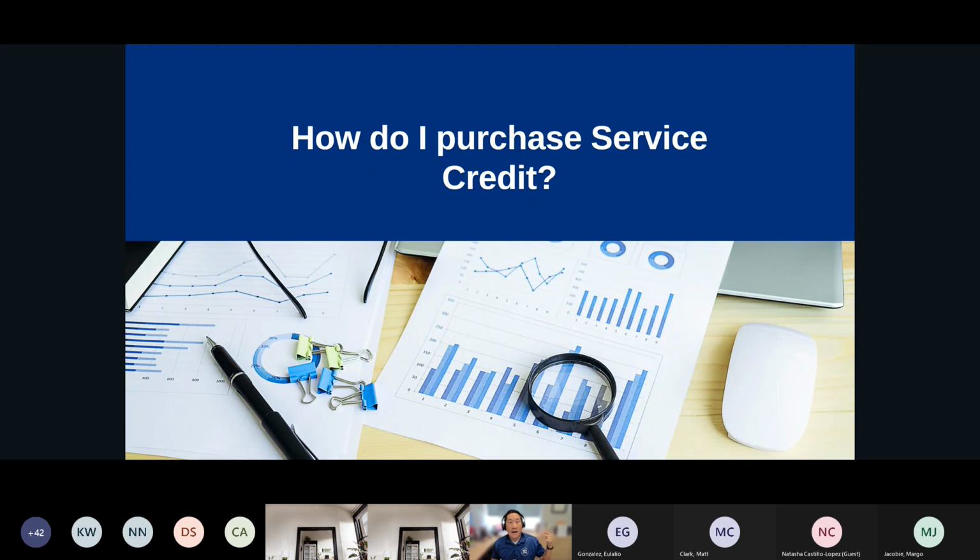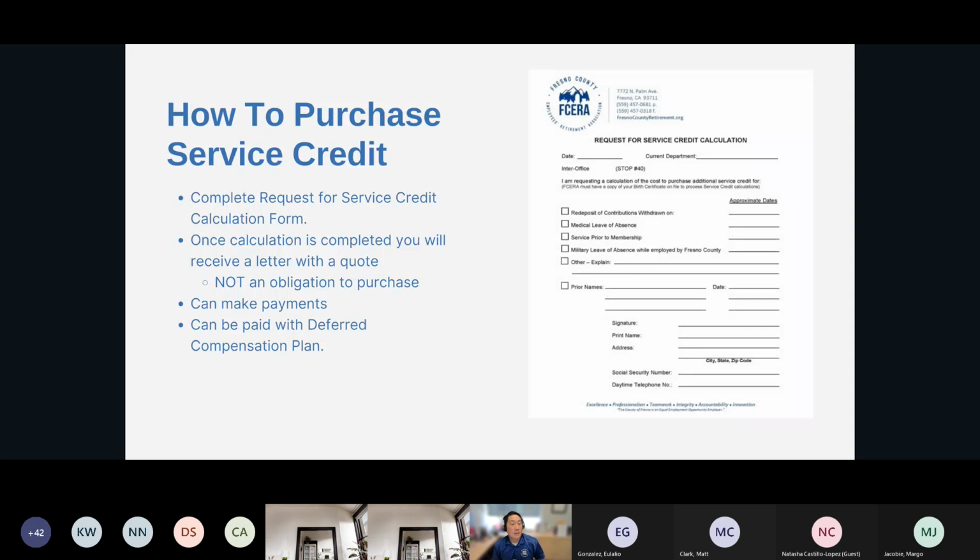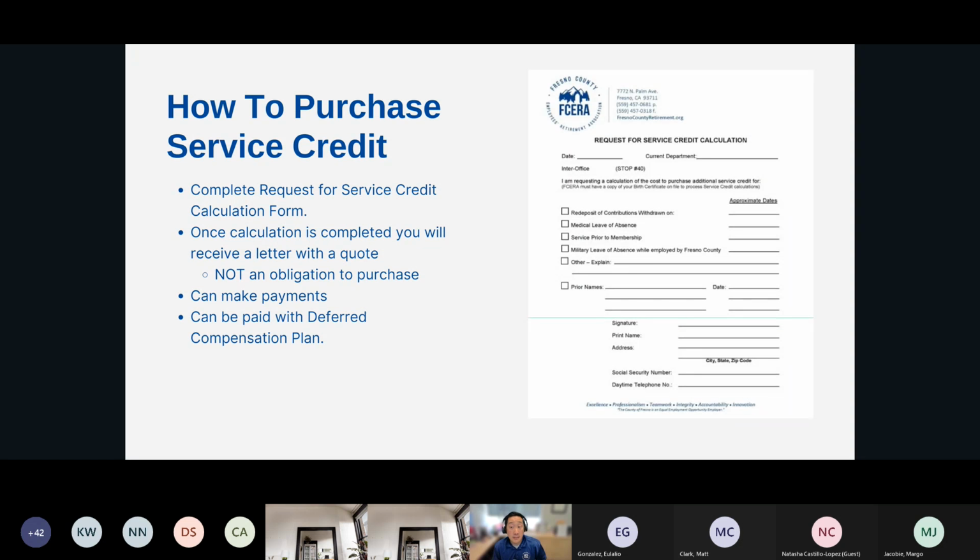Okay. So after getting through all that, we know what a service credit purchase is, and we know how we can use the member portal to potentially calculate what that's going to look like. How do we go about purchasing it? Well, it's a very simple process. All you really need to do is complete this request for service credit calculation form that you see on the screen. You can find that form on our website under forms,